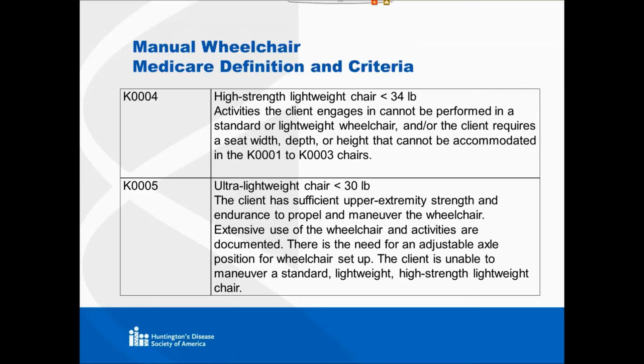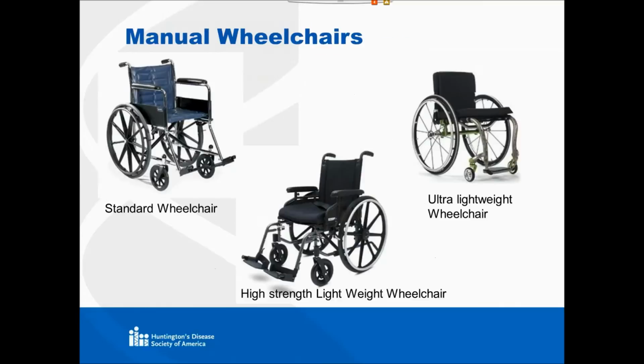So the chair that I showed you previously, the top right, the ultra high performance chair, is going to be a chair that has a lot of adjustment in the wheel axle. But stepping down to a K4, the K4 is going to have a performance like a K5, but it's not going to have as much of the wheel axle adjustment. It's going to have the seat to floor adjustment. So if I go back, this middle chair is the K4, the chair to the top right is a K5,